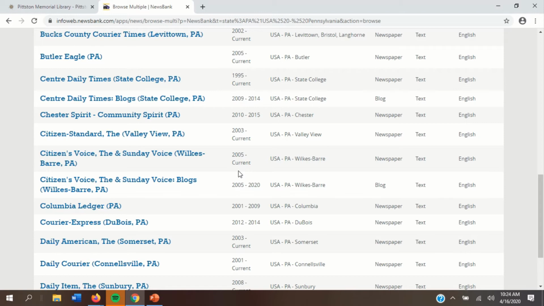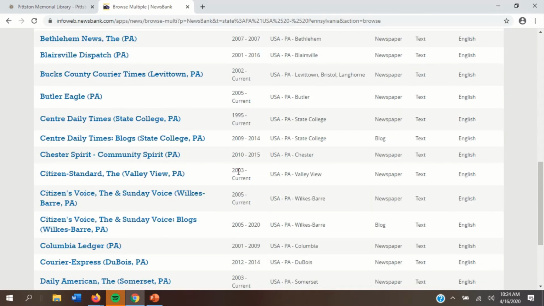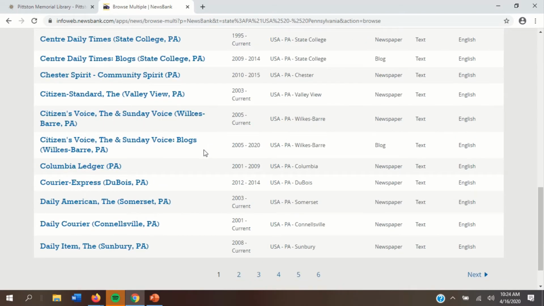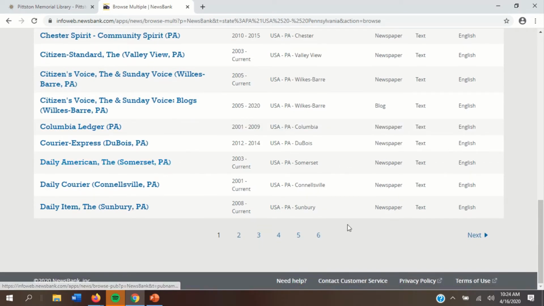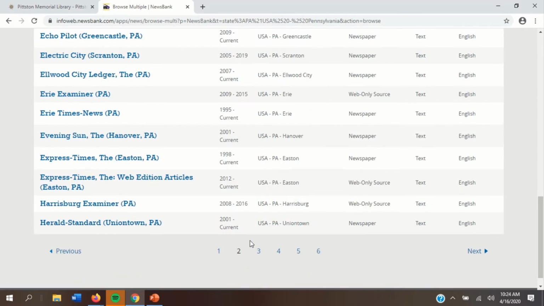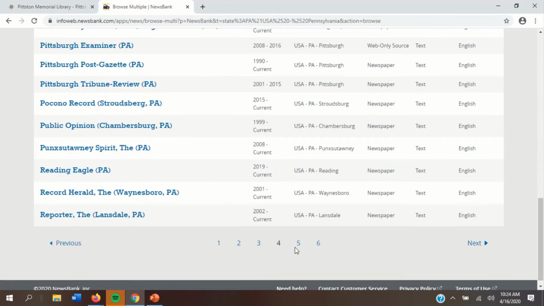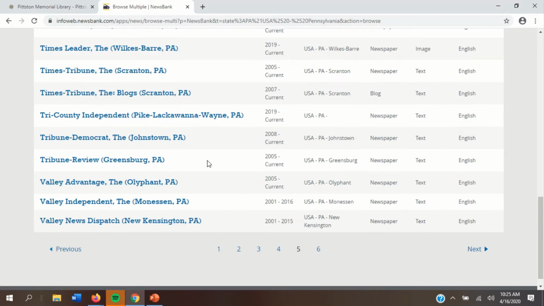So what I did was I went through the library system, and I was able to find that same article published in another newspaper in the state. So, give it the old college try and see. You might be able to find exactly what you're looking for. But if you bop through here, you're going to see a bunch of newspapers. A lot of them will be familiar to you.